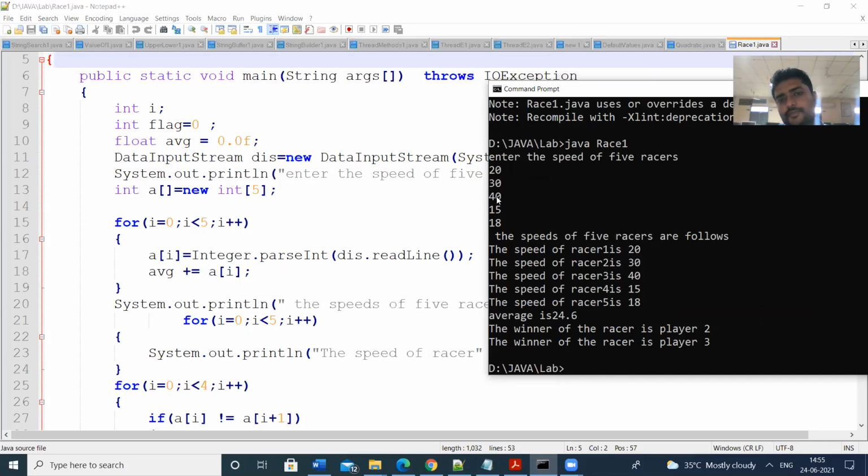I am printing the speed of each racer: racer 1 is 20, racer 2 is 30. Then I calculate the average value. The winners are player 2 and player 3, whose speeds are greater than 24.6. That we are printing, along with the racers' details.